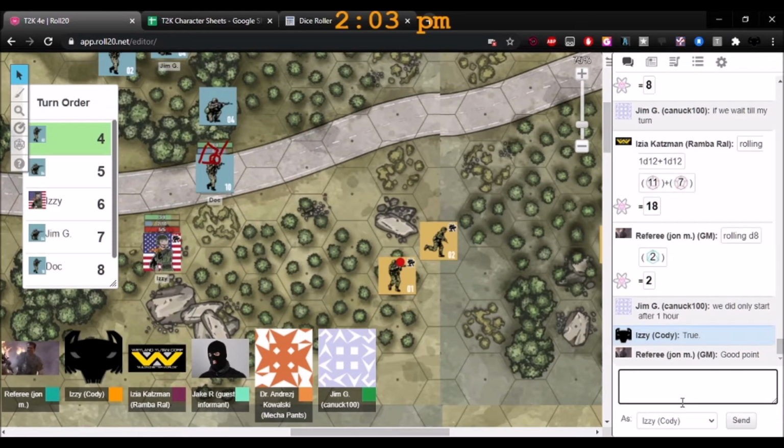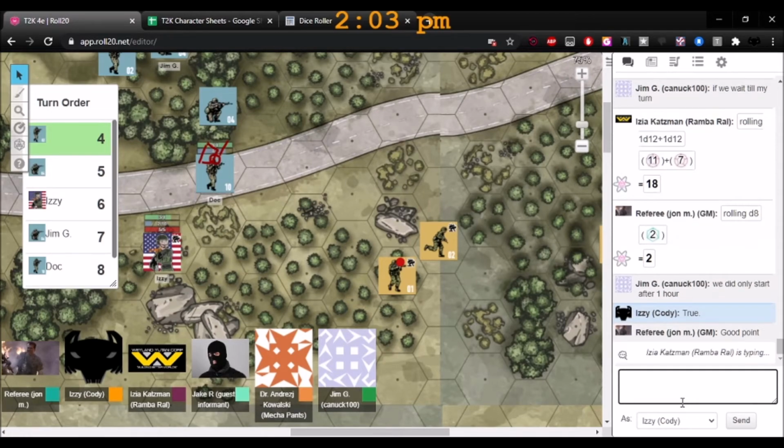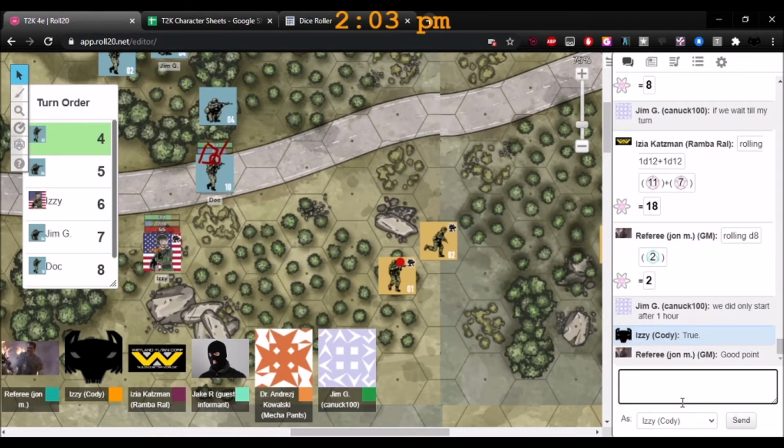What I don't like about it is that it should, to me, incapacitate you for a set amount of time. You shouldn't have to keep rolling to get out of it, because what happens if you have a really low die pool and you're really unlucky? You just keep rolling and rolling and lose your actions every single round of combat.